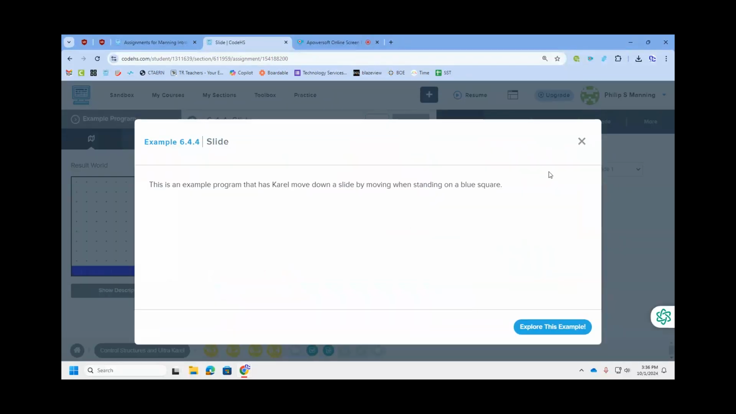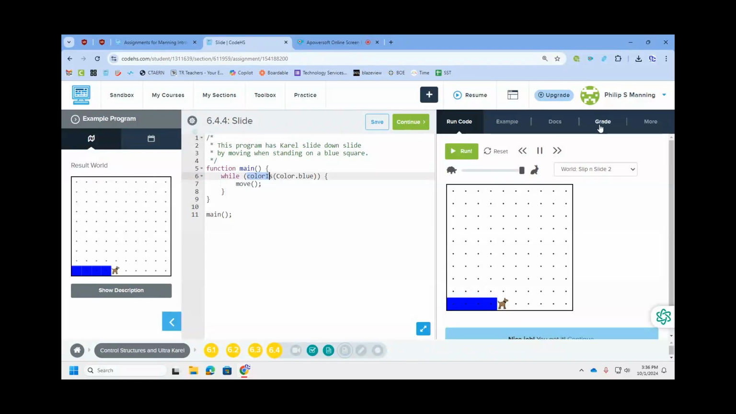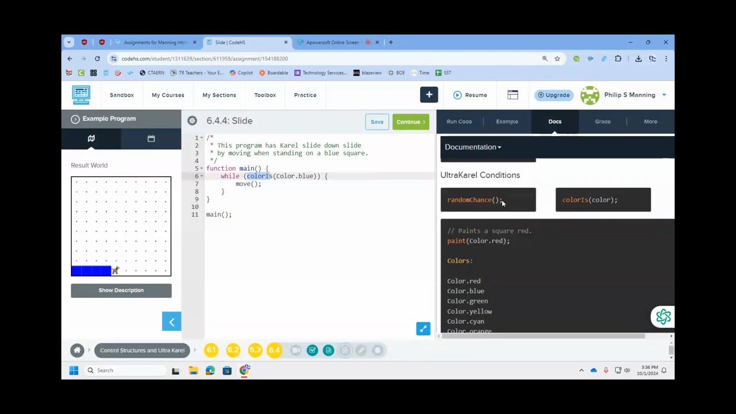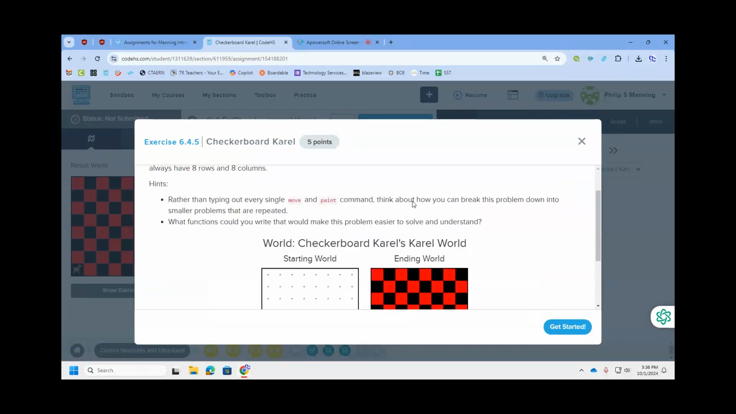All right, this is an example program. A little slip and slide Karel, and it works in different worlds. So again, while the color is, so we can also check a condition. So if we go to our docs, Ultra Karel conditions, random chance, color is. Okay, those are good to know. Alrighty, and this is going to be our last